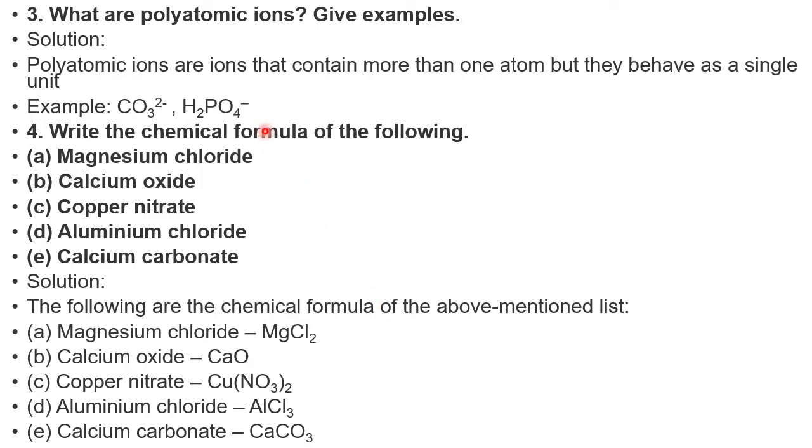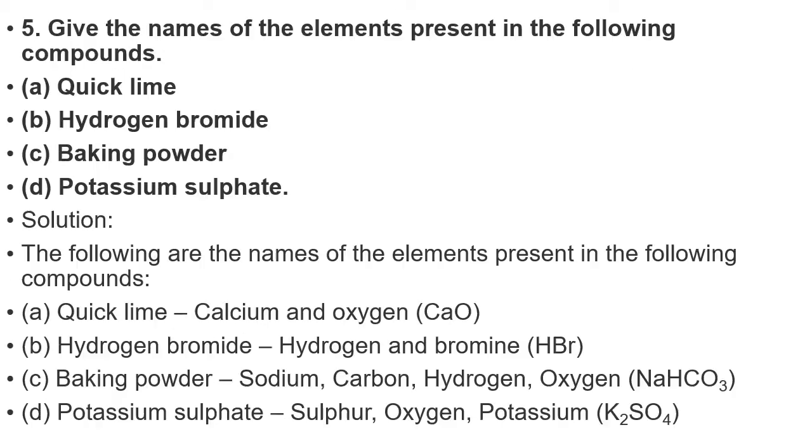What are polyatomic ions? This I told in a normal discussion. If any ion has got more than one atom, that is taken under the category polyatomic ions. There are many examples for polyatomic ion: sulfate ion, phosphate ion, carbonate ion, and all those ions come under the polyatomic ion because they contain more than one atom in their ionic structure. Write the chemical formula of the following, which is very easy. Already I told. So please go for crisscross method and work out.